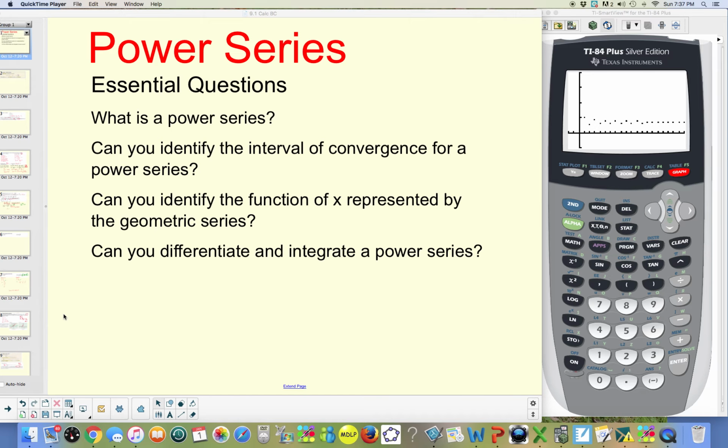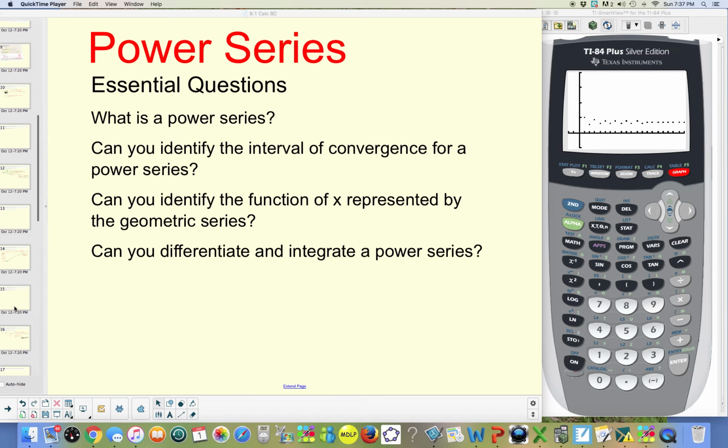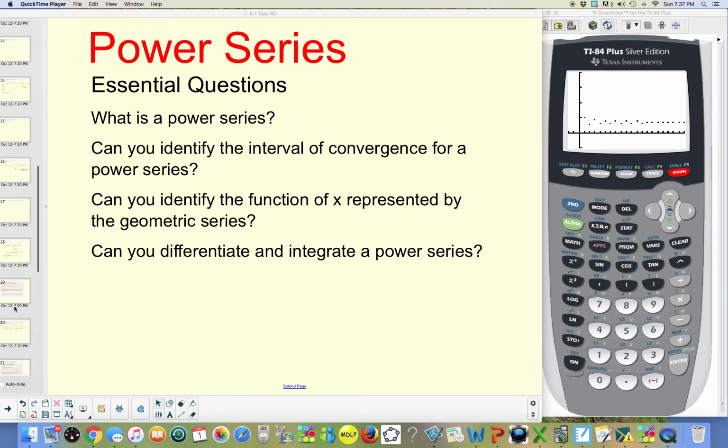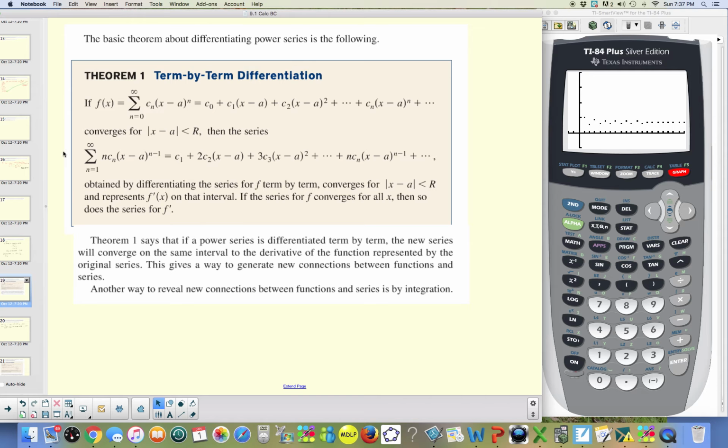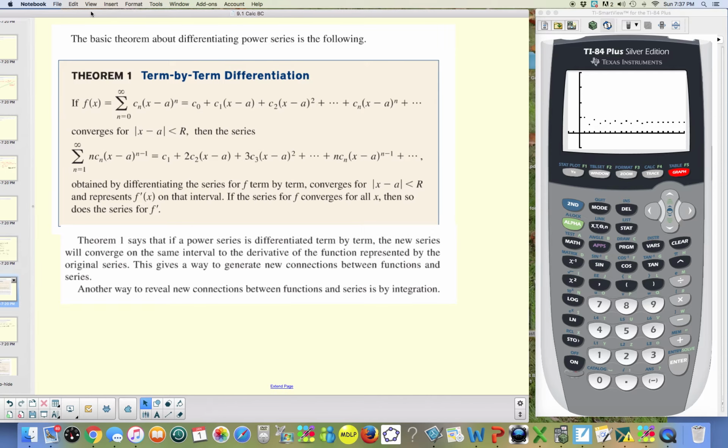Power series, part 3. Can you differentiate and integrate a power series? Let's go ahead and start with where we left off, and let's take a look at the basic theorem about differentiating power series, which says that a power series may represent a function, and we can figure out its derivative by taking the derivative of each term of the power series, and that'll represent the first derivative